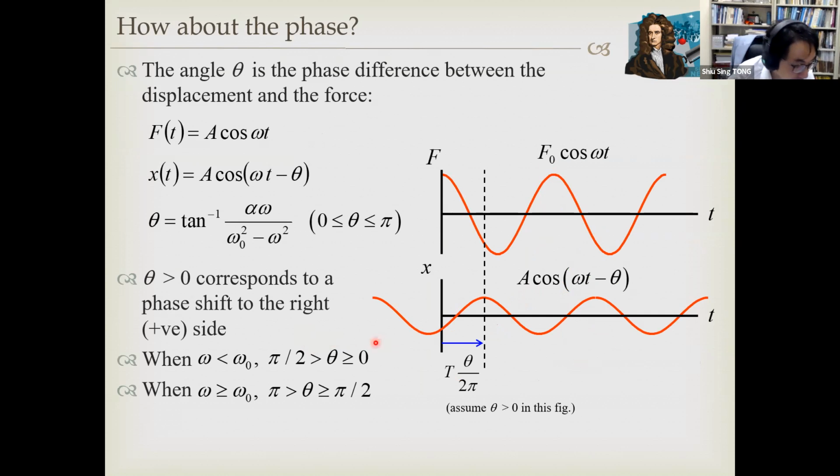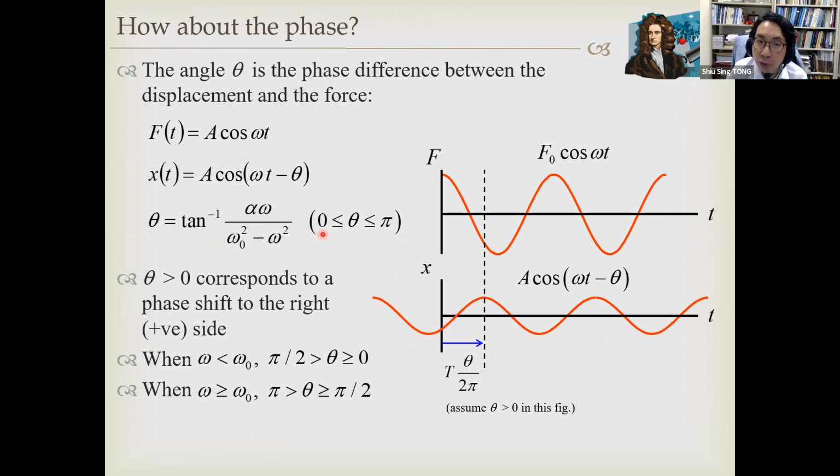But how about the phase? Let's see the phase, right? We have the force given by cosine. The x is given by cosine of omega t minus theta, right? And theta, as we have found, is arctangent of alpha omega divided by omega naught squared minus omega squared. Now you can see in this definition,